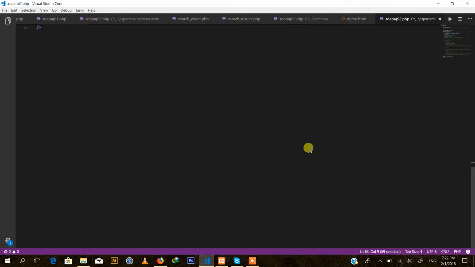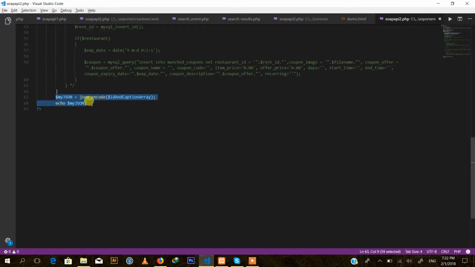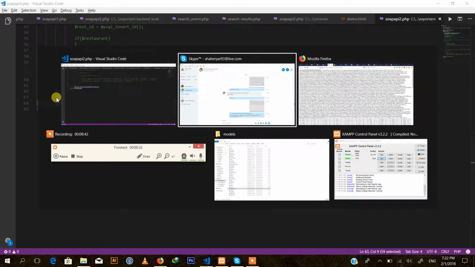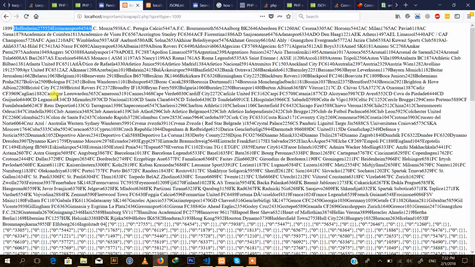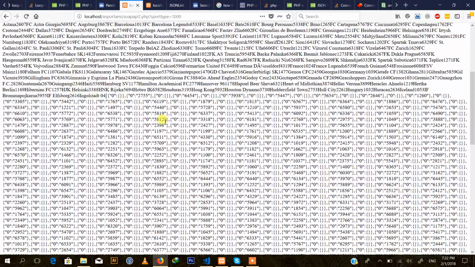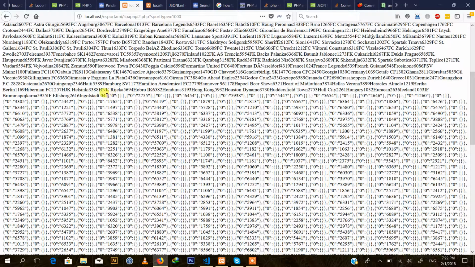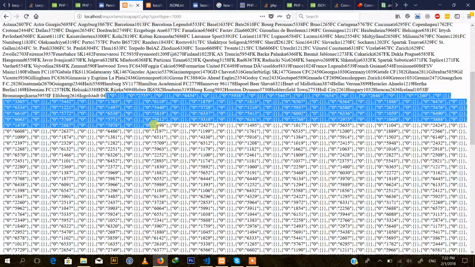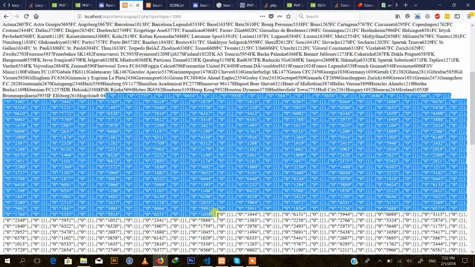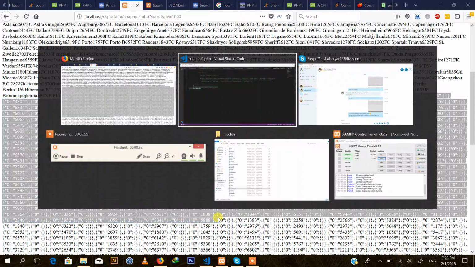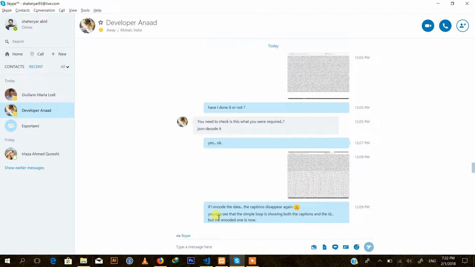But when I convert this array to a JSON object, JSON encoding, and I return this value to the Ajax to parse it in the autocomplete feature, it returns it like this. For some reason, it is not converting the array into a proper JSON object, and the captions are still not appearing. What I asked Anad at about